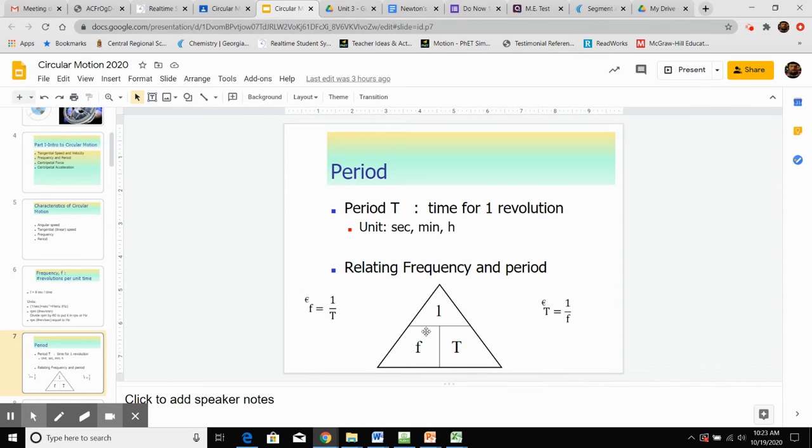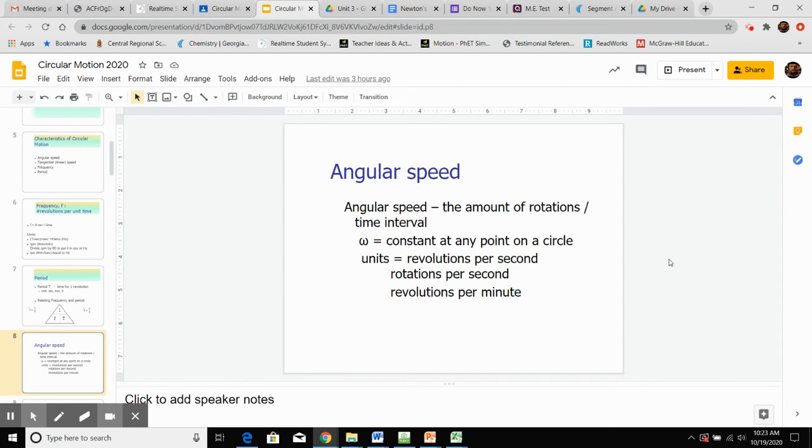So if you're given this triangle, hopefully you're familiar with it. If not, I'm just going to briefly run through it. Whatever you're looking for, let's say you're looking for frequency and you have period. They want to know what the frequency of something is. So f, lowercase f, equals whatever's left. If you covered up f, it's going to be 1 divided by T. And that's where we got the equation over here. Period is going to be 1 over the frequency. So they're inverses of one another. If you have one, you can find the other.